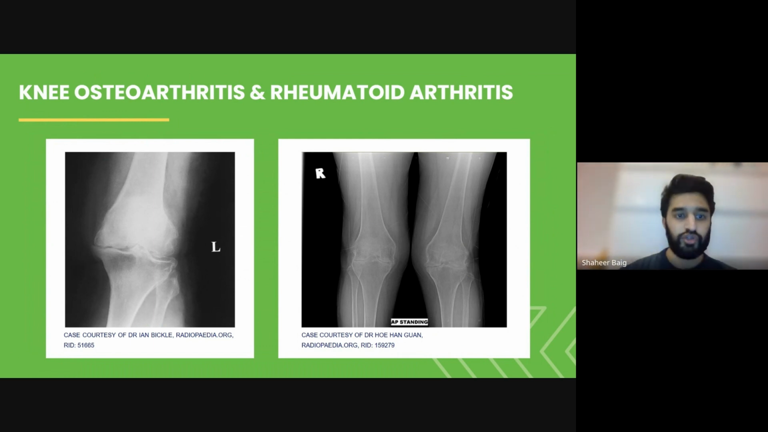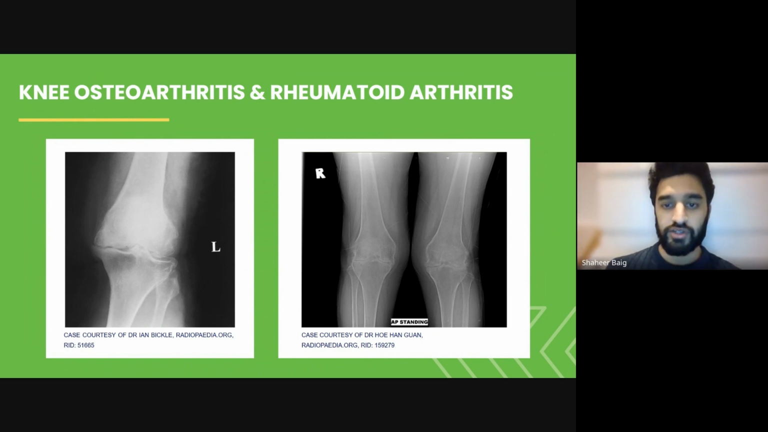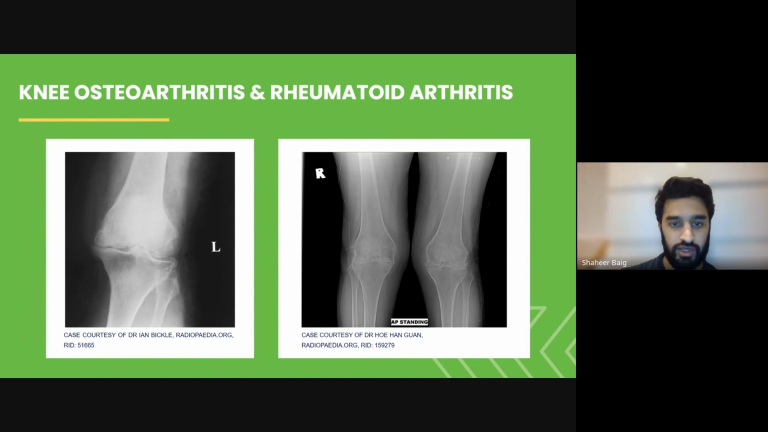So the knee joint is one of the most commonly affected joints in osteoarthritis, and as you can see here, there's joint space loss, there's marginal osteophyte formation, there's subchondral sclerosis, seen a bit more clearly on this film, and not so clearly seen here. You can get some subchondral cystic change, and